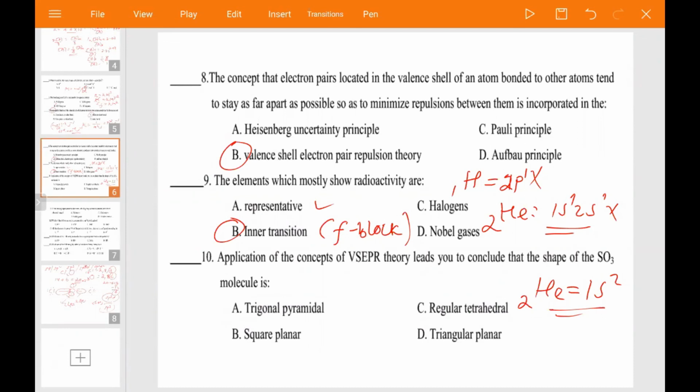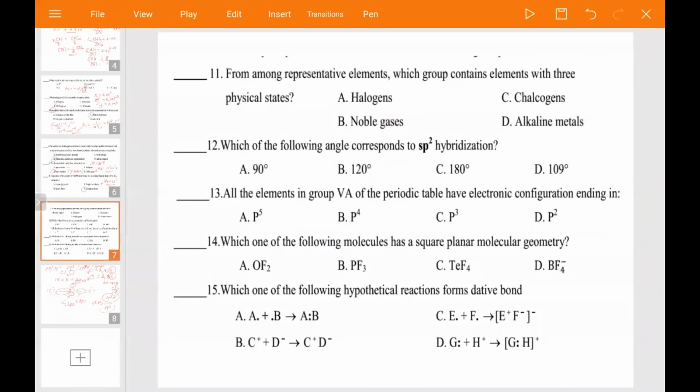Okay. Application of the concept of VSEPR theory ቅድም ያልነው leads you to conclude that the shape of SO3 molecule is what? SO3 molecule ሰርተነው መናገር ነው አይደል? Is it linear, is it triangular, pyramidal, square pyramidal? ሰርቶ መናገር ይቻላል። Did you remember? Triangular planar አይደል? D ነው የሚሆነው። ቼክ አድርጉት። By drawing the Lewis structure you can decide. የሚከብደው አለ SO3 drawing the Lewis structure? You have any problem? ሌላውን ብንሰራ ይሻላል።